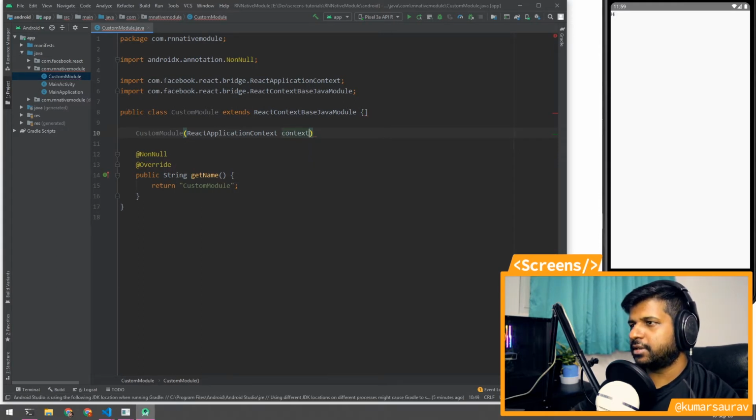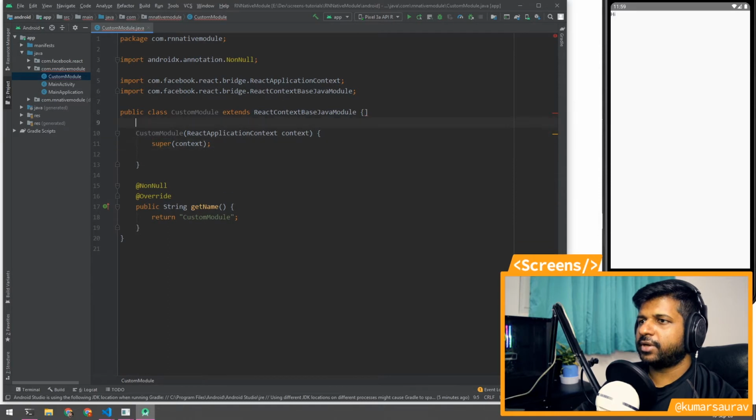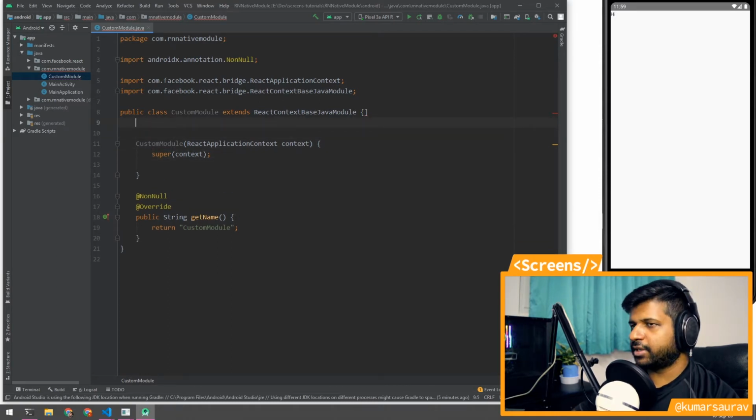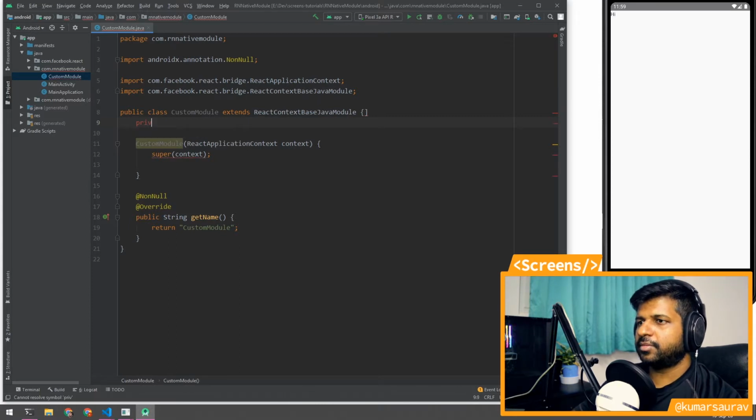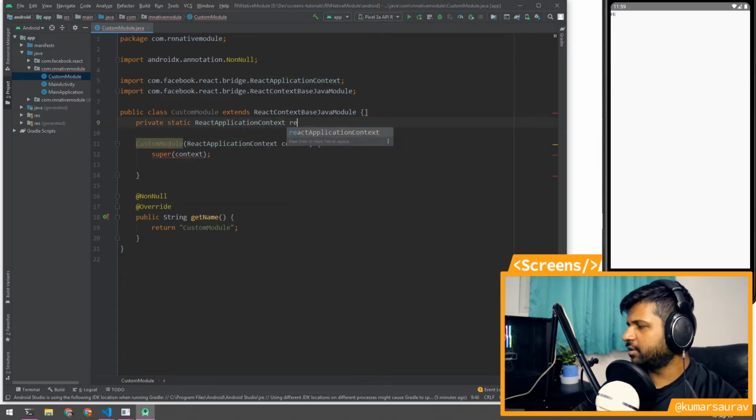Basically this is the context, and we need to call super and pass the context. Let's also have a variable for the React application context. Let's create a private static React application context and call it React context.